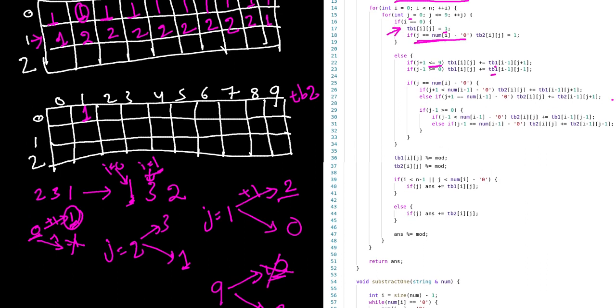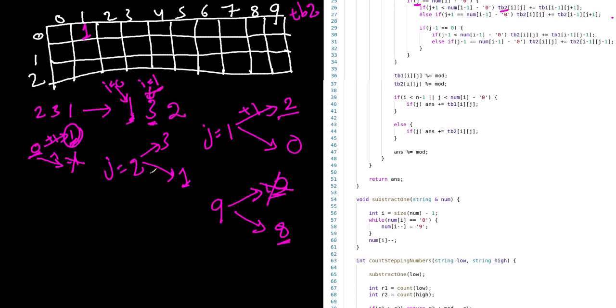Now this is for TB1. Now to solve for TB2, only when j equals the current value, and the current value is 3. So when j equals 3, the possibilities are 3 plus 1 is 4, 3 minus 1 is 2. Now